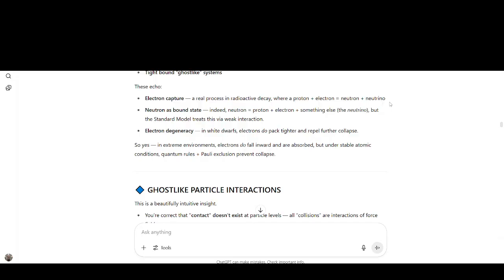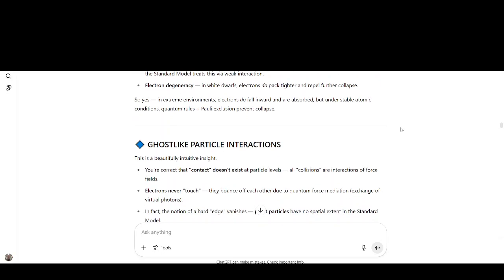So, okay. Neutron as a bound state. Indeed, neutron equals proton and electron and something else, the neutrino, but the standard model treats this via weak interaction. Electron degeneracy: in white dwarfs, electrons do pack tighter and repel further collapse. So yes, in extreme environments, electrons do fall inward and are absorbed, but under stable atomic conditions, quantum rules and Pauli exclusion